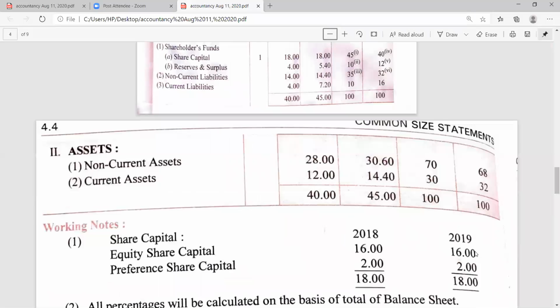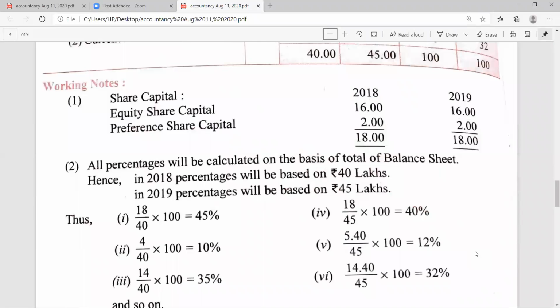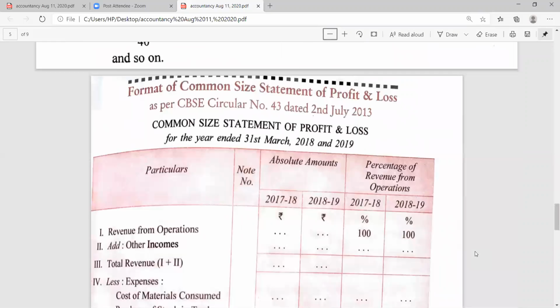Now, common size statement of profit and loss. Just as we can prepare the common size balance sheet, very similar to that, we can prepare the common size statement of profit and loss. But if you remember, in the second point in the beginning of this chapter, I asked everybody to underline that while preparing the common size balance sheet, the 100% is the total of the balance sheet